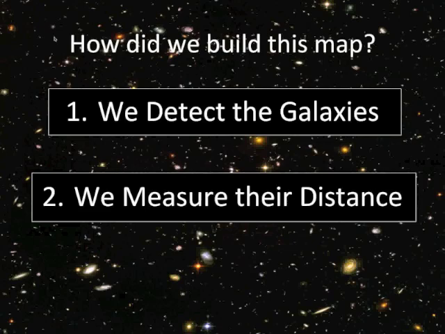Now we can ask, how do astronomers build a map like this, right? How do we go about finding all these galaxies and actually putting them in a map like this to be able to study the structure of the universe, right? So the first part is pretty easy. We detect the galaxies. You just take a very deep picture, right, with a big telescope over some patch of the sky, and you just look for bright smudges, right, or bright dots, right? Now, that's easy. The very hard part is, how do you know how far away that is, right?